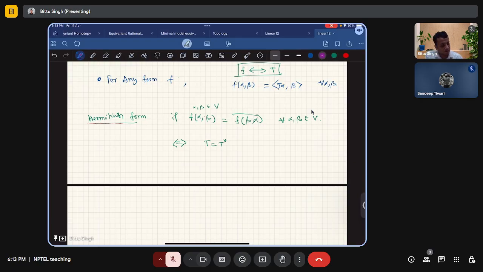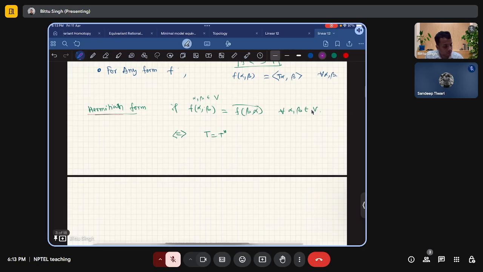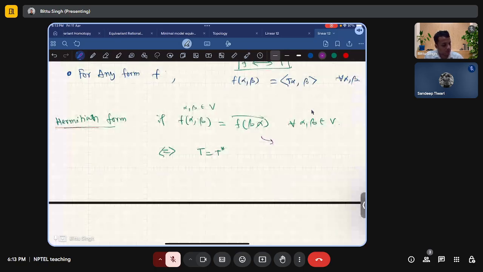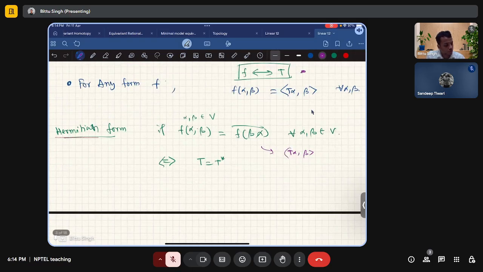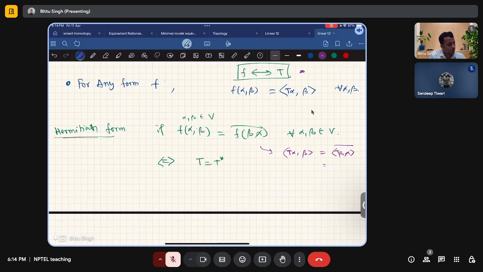Let us check this. f of alpha beta is the same as T alpha comma beta, as I said earlier. The right-hand side is f of beta alpha, which is T beta comma alpha, and its conjugate. The left side can be written as alpha comma T star beta, and the right side can be written as